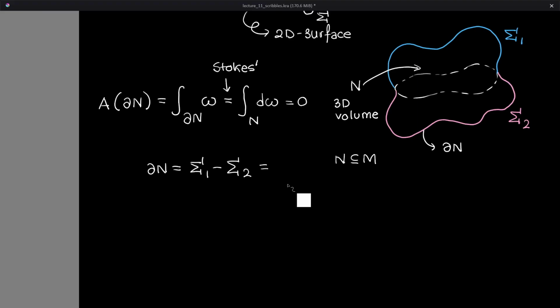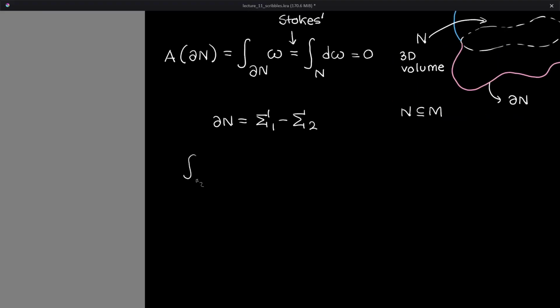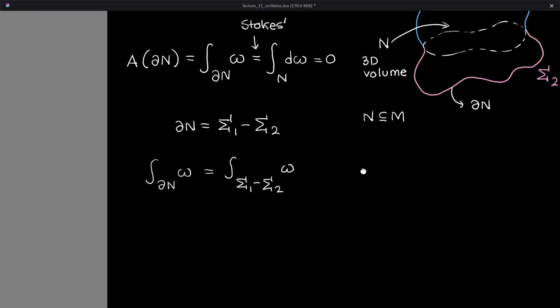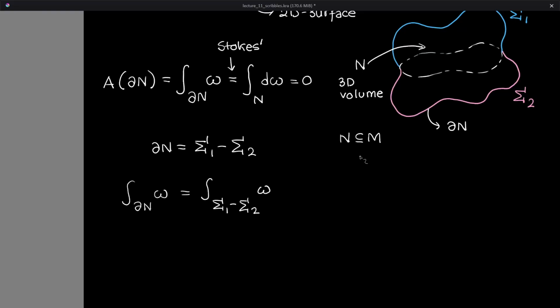So the integral with respect to the boundary of N of omega is the integral over sigma 1 minus the integral over sigma 2, or the integral over sigma 1 minus sigma 2 of omega, which is tantamount to saying that there is,